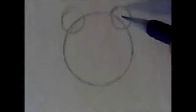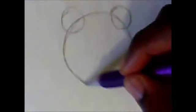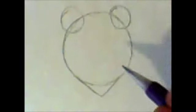Now, on either side, I want you to draw two smaller circles that intersect into the larger circle. Once you do that, down here, I want you to add a triangle. Play around with it if you must. And then